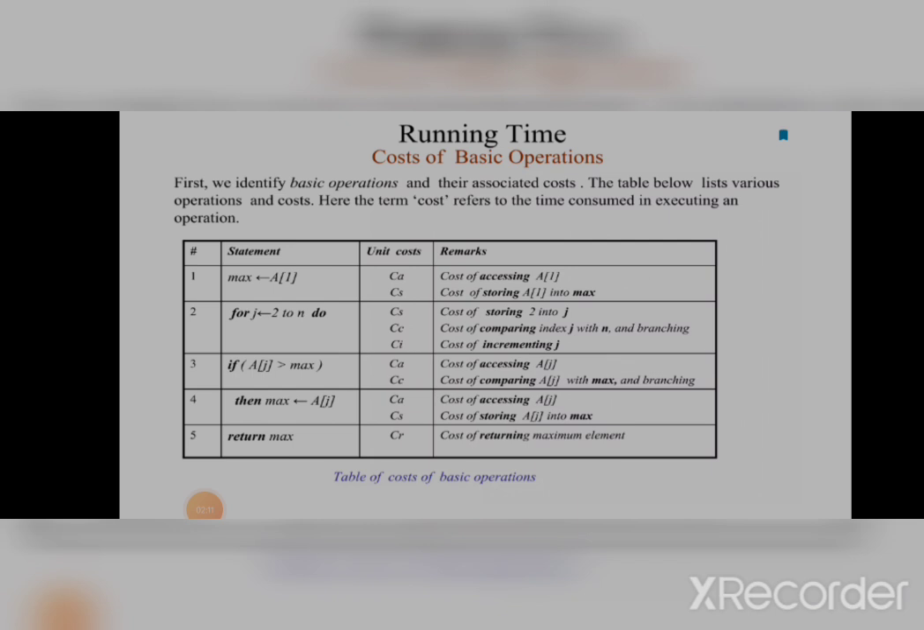So this is the cost of the basic operations. First we identify the basic operations and their associated costs. The table below lists various operations and costs. Here the term cost refers to the time consumed in executing an operation. The first statement, the first line of the pseudocode,